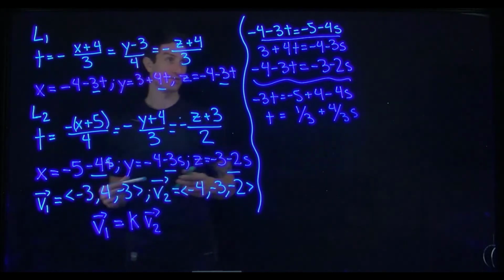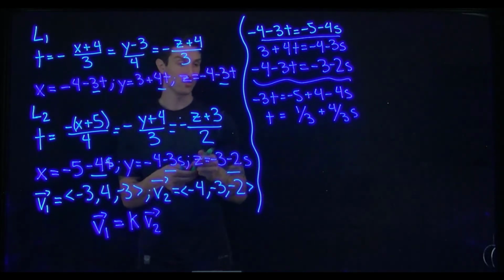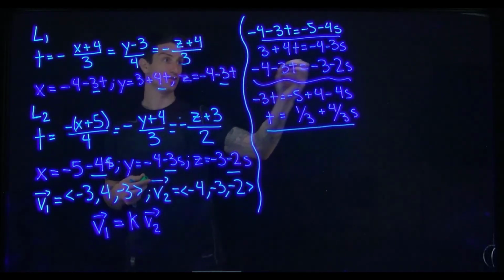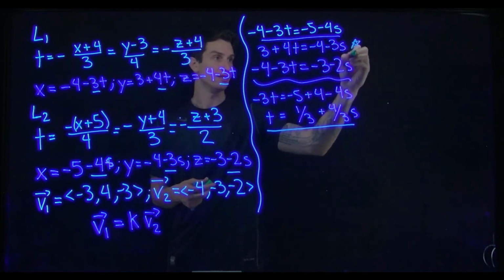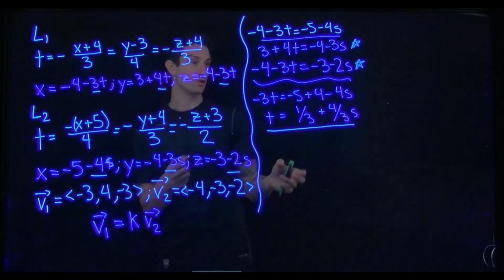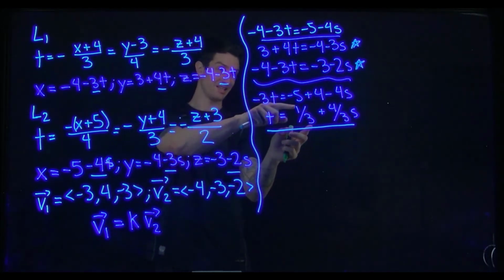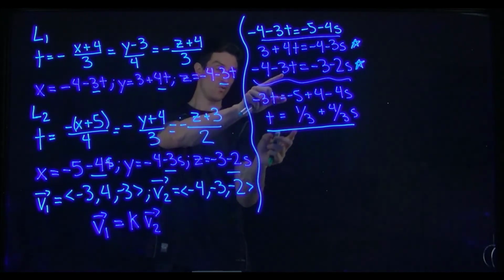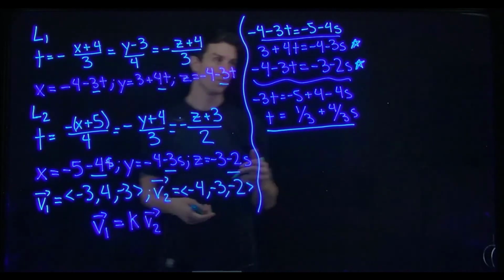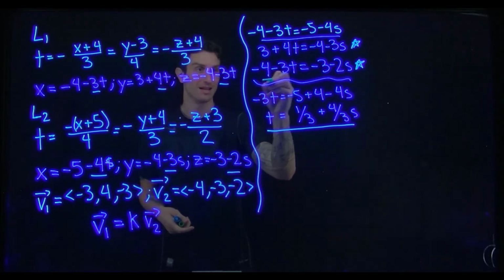Okay, so we've solved for t. And now what do we do once we've solved for t is we want to go substitute it into either one of these equations. Right? Well, I'm going to choose the easier one. So for substituting this in, these ugly fractions of thirds will help if I plug it into my last equation here because that is a 3. Right? So plugging it into my last equation,